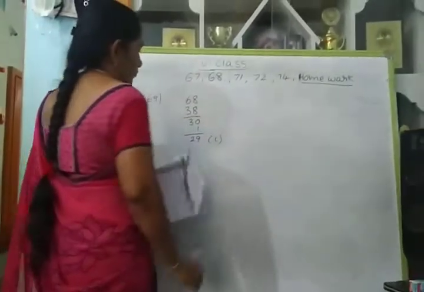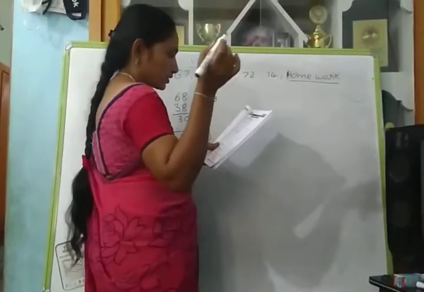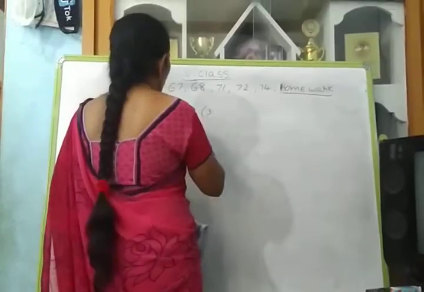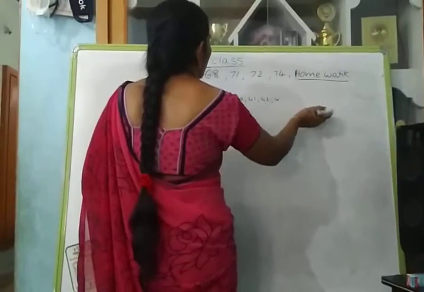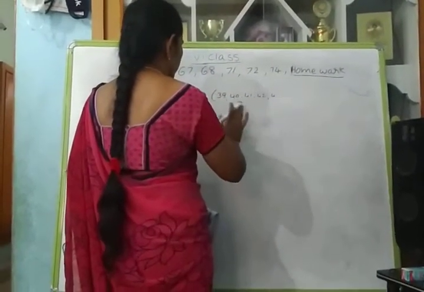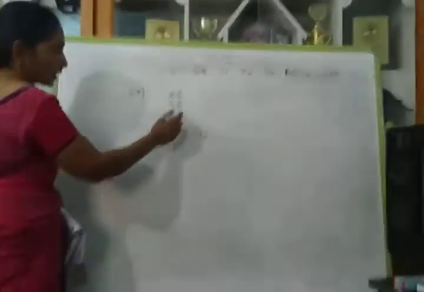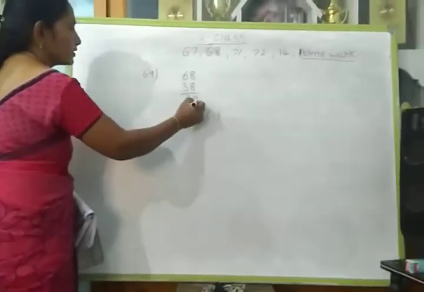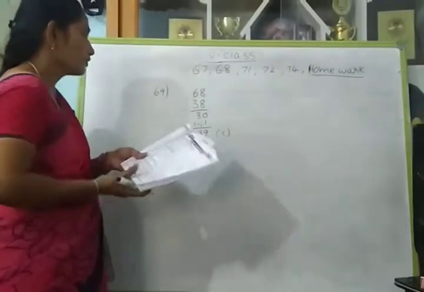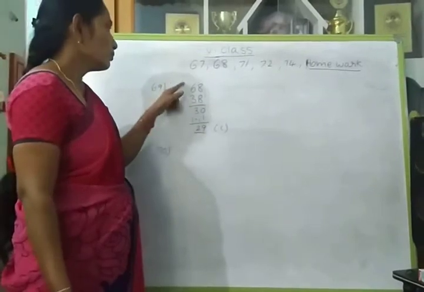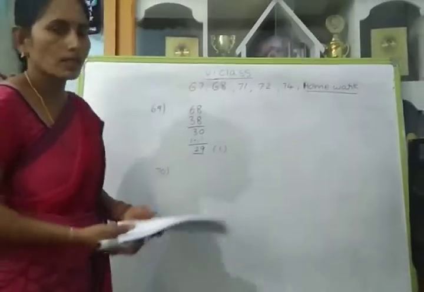See, look at once. They are asking the number of whole numbers between. So you should not write 38, 39, 40, 41, 42, 43. Correct, 29. No need to write. Just subtract the given numbers and again subtract 1. This is the rule for any numbers between, rational numbers. You will get 29 whole numbers between 38 and 68.